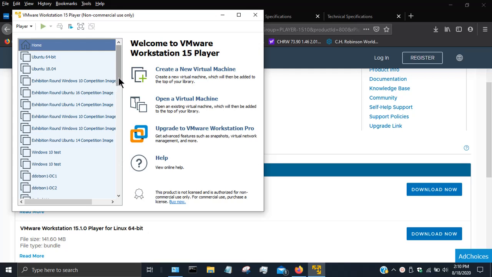So this is the homepage of the program. Feel free to look around, and in the next video I will show you how to download the ISO for an Ubuntu virtual machine and then install it